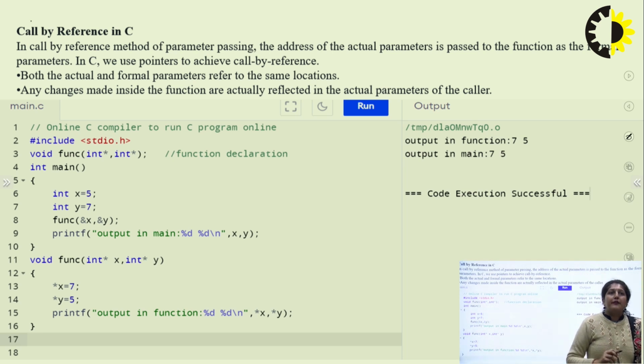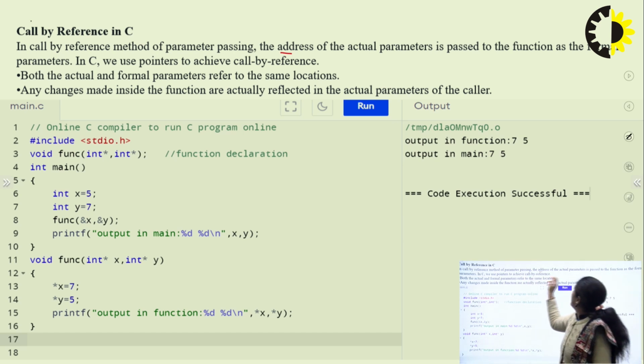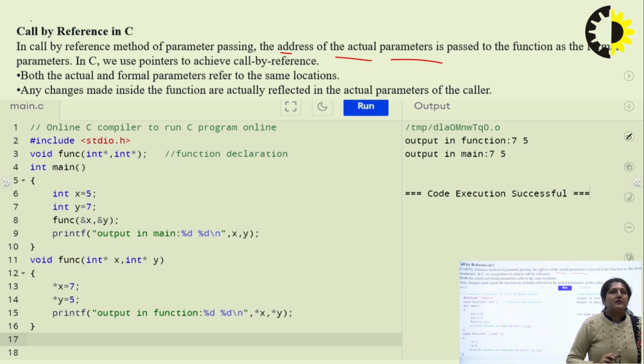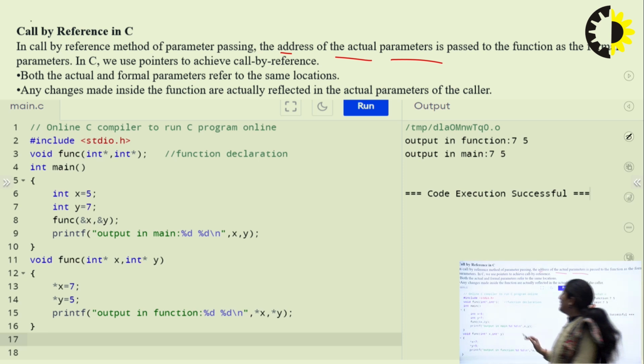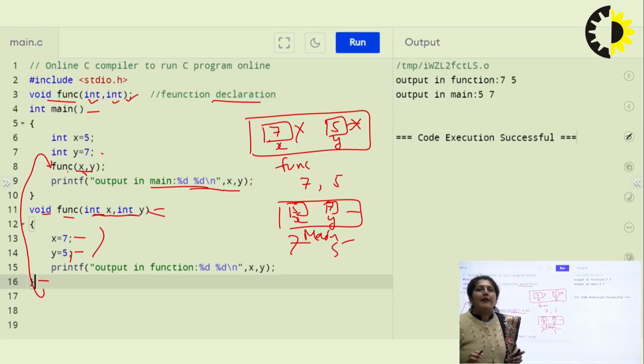What is call by reference? In the call by reference method of parameter passing, the address of the actual parameter is passed to the function as a parameter. So in call by value, we are passing the values 7 and 5.